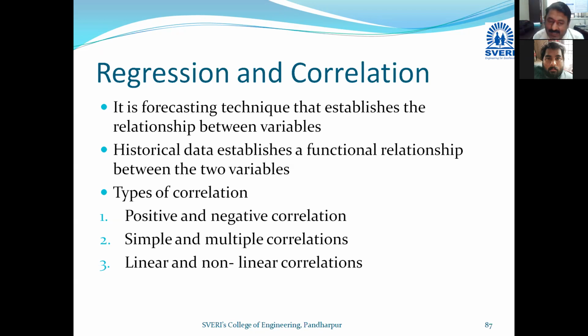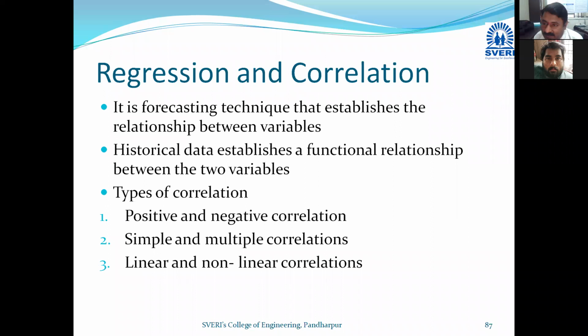We might have seen this many times in the last 2-3 years, for example a sudden increase in taxes. This is a different kind of factor, but just for your better understanding, I am trying to correlate. So this is establishing the relationship between variables. Historical data establishes the functional relationship. Whatever data we have from previous years, let it be 1 year, 2 years, 3 years, what is the relationship? This point increases, this point decreases, this increases, this decreases. So it is explaining the relationship.